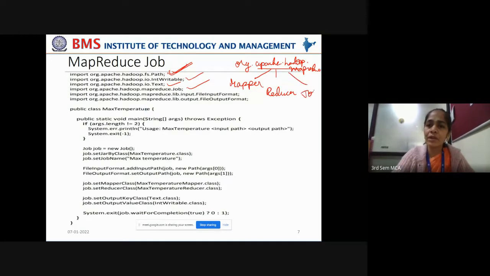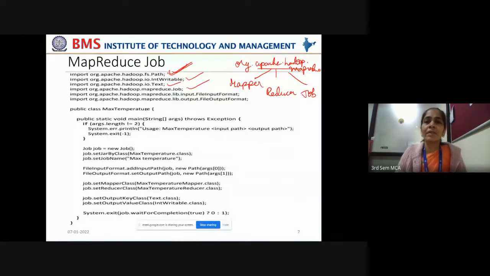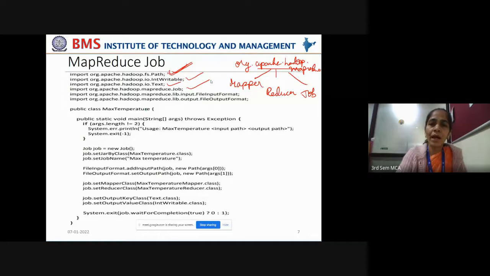Now we are using a Job class to pack it into a job. This org.apache.hadoop.mapreduce package has 3 important classes which serve our purpose: the Mapper class, the Reducer class, and the Job class. So that Job class you are importing here.